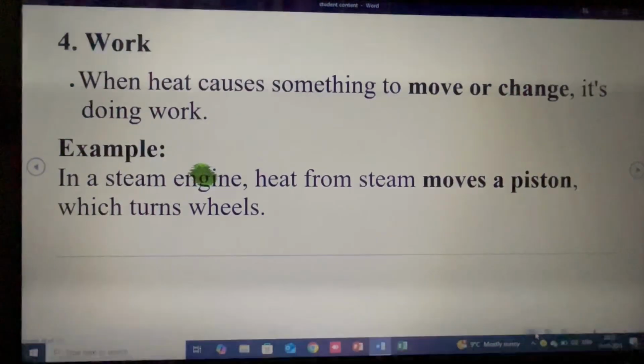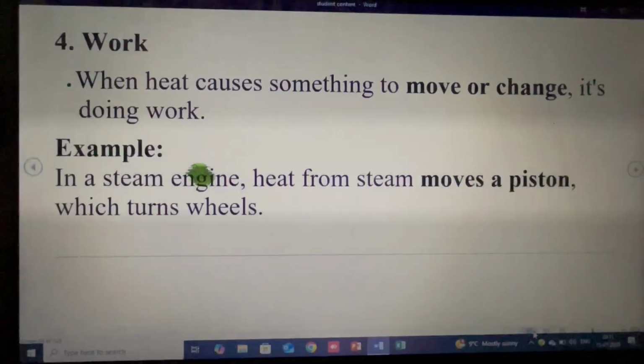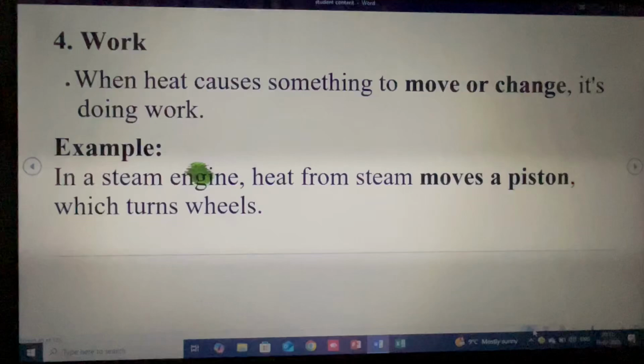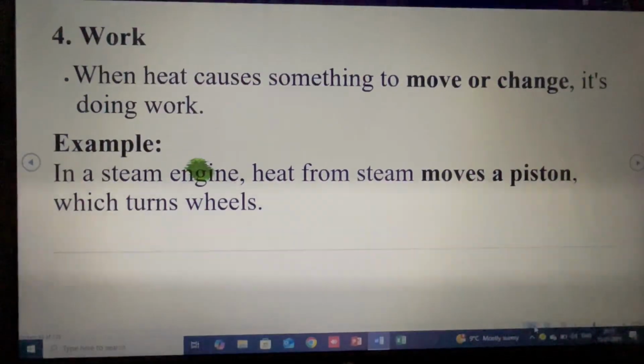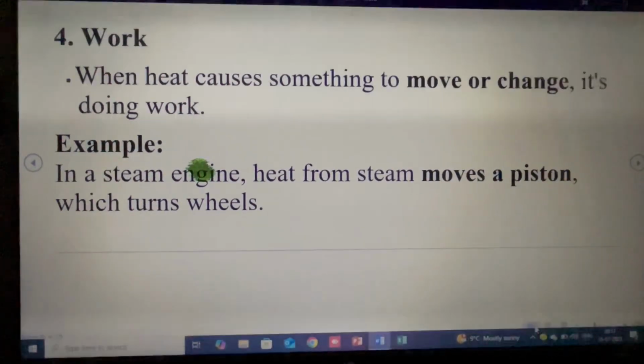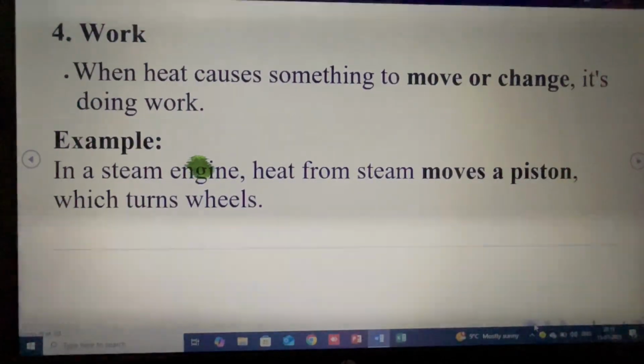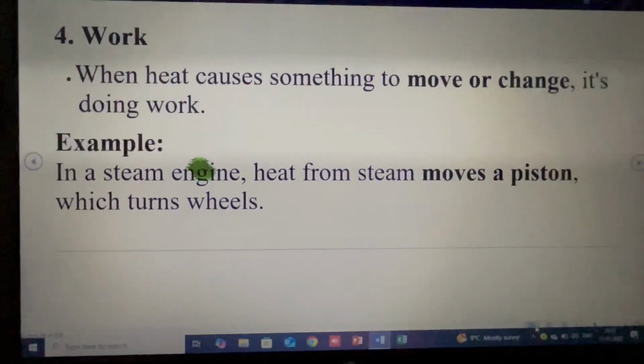Fourth is work. When heat causes something to move or change, it's doing work. For example, in a steam engine, heat from the steam moves a piston which turns